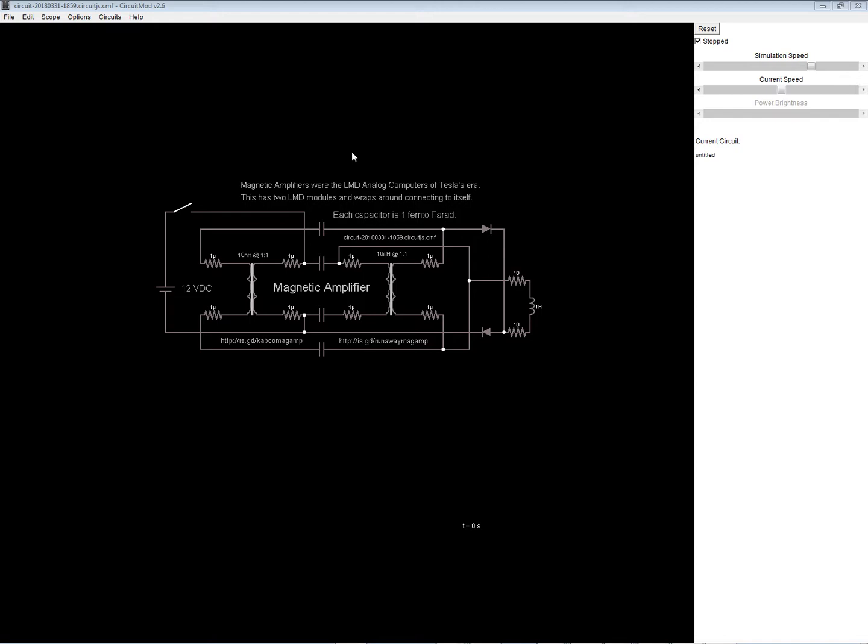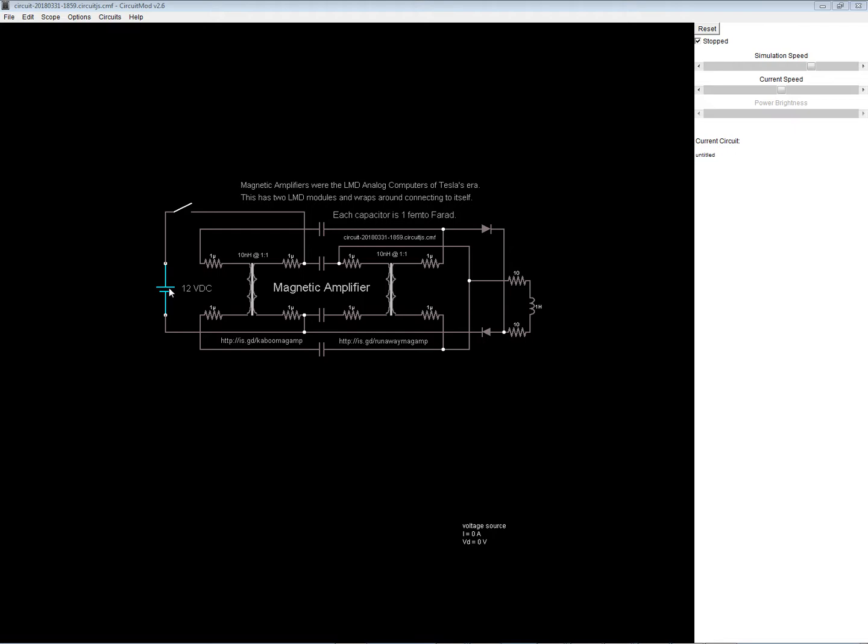Now, I've done two versions, and they're slightly different. Usually, when I do a Java version, it's the same as the JavaScript. I originally crafted it in JavaScript and then tested in Java, but it didn't behave very well in Java. So what I did was I reduced the henries to 10 nanohenries. The JavaScript version had 100. And I increased the voltage on the battery from 1 microvolt in the JavaScript version to 12 volts DC in